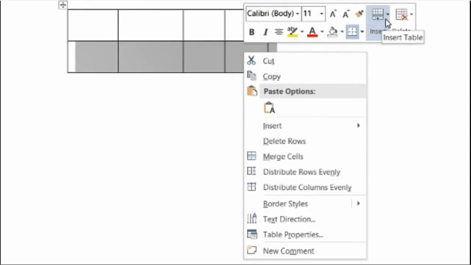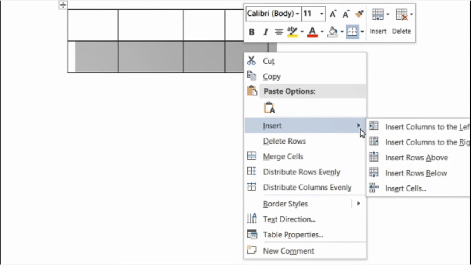Now again insert. Now from this there were two things, children. Here please write down in your notebook also. There are two ways to insert after creating a table. First is right click, and from the small dialog box where you have the format painter icon, this one, this is your format painter icon. Just beside this, if you click on the insert and delete option, when you click on the insert option, it will directly give you the option of insert above, right, left. That means it is talking about rows.